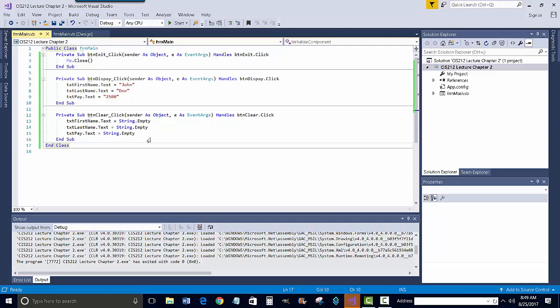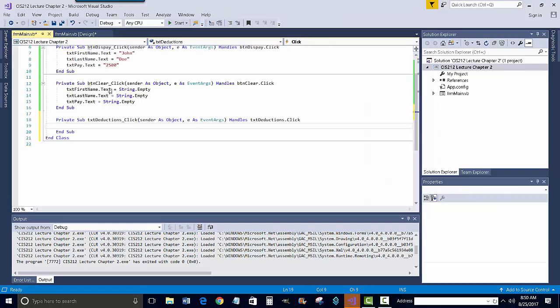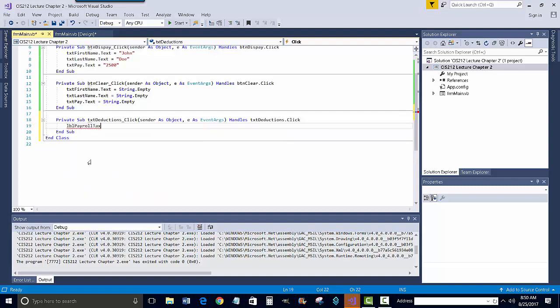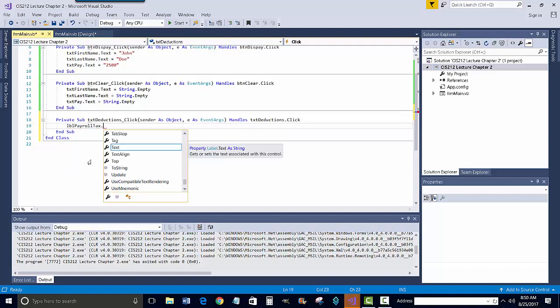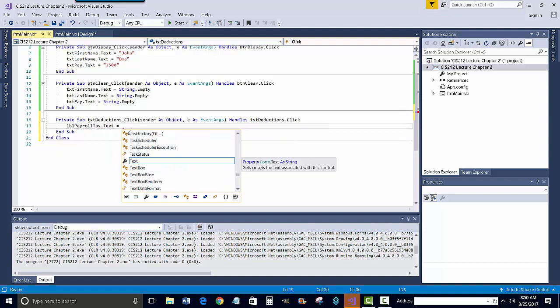So, all right, what are we going to do? Well, let's go ahead and set up our tax event handler. So I'm going to double click on it. And it's going to take, let's see, is it label, payroll, tax? And what property are we going to store it in? Text property. And it's of type string, right? Now, that's another thing. After I convert it to a number, VB is implicit